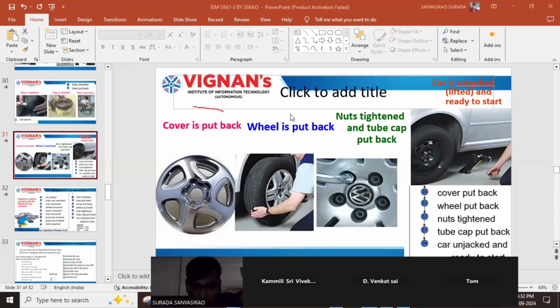These are the different operations to repair a car puncture. See here, cover put back. See, the 10th one, cover put back operation, and wheel put back, and nuts tightened, tube cap put back, car unjacked and ready to start. So all are the various operations. First we are given the symbol of O. So if you see the summary,